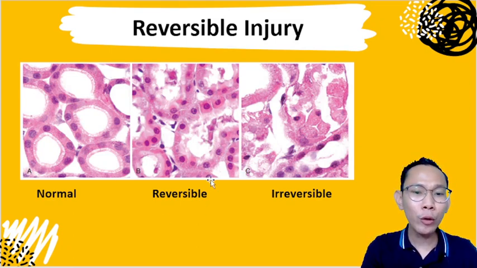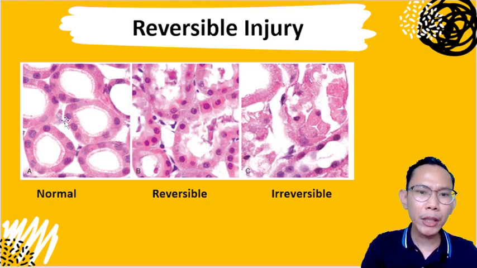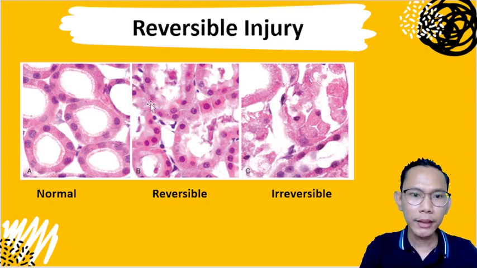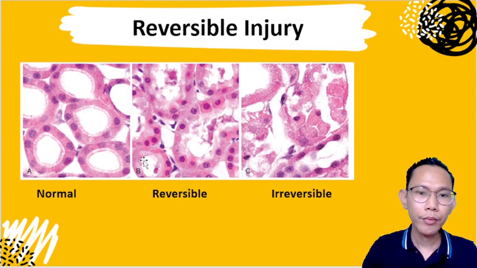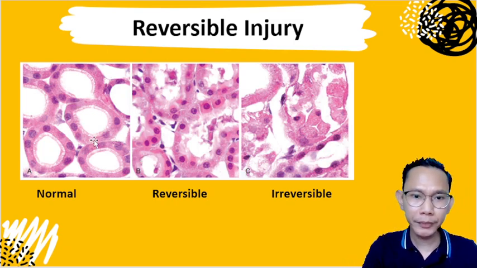Doc, paano pag mayroong reversible? We haven't discussed your irreversible yet, but unahin muna natin yung reversible. Ano nakikita natin sa reversible, Doc? Sige nga, based on the picture, let's compare the normal to reversible. Anong nangyayari? Doc, napapansin ko, Doc, yung epithelial cells natin lalong nagiging eosinophilic. Very good. Tingnan nyo. There is increased eosinophilia. Nagiging increased ang eosinophilia sa ating cells dito. Ano pa?